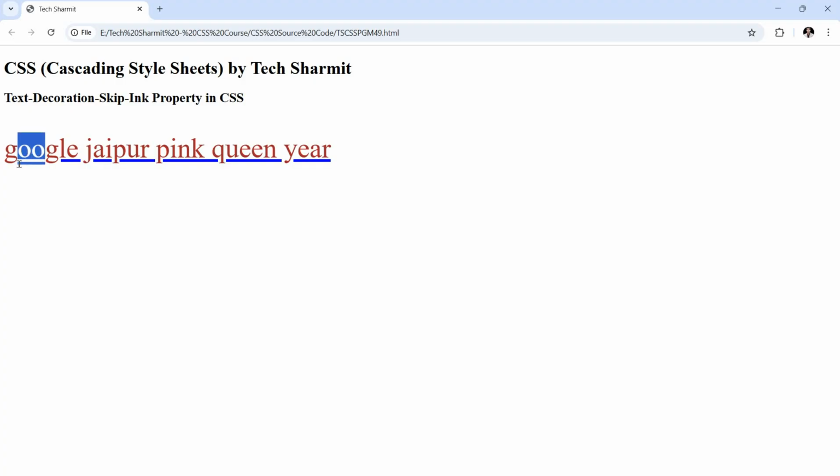Underline is only on O, not on G. Similarly, L is underlined but J is not underlined. Likewise, P is not underlined. Okay, Q is not there, Y is not there. So this is the scenario where we are supposed to use this text decoration skip ink property,